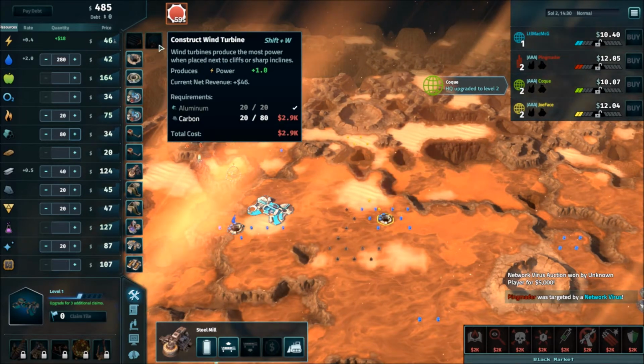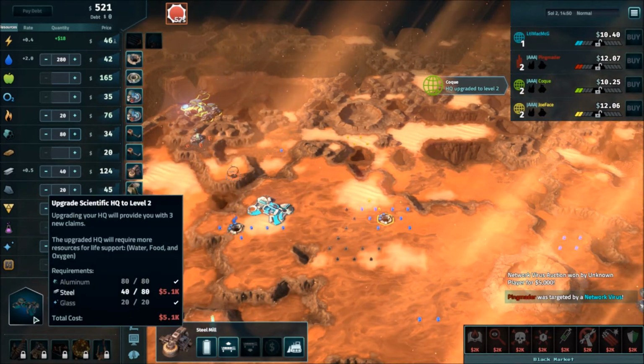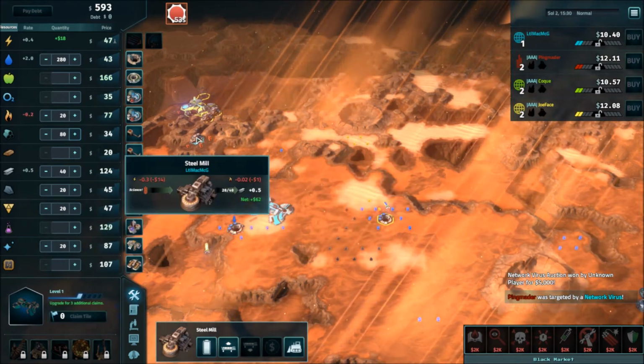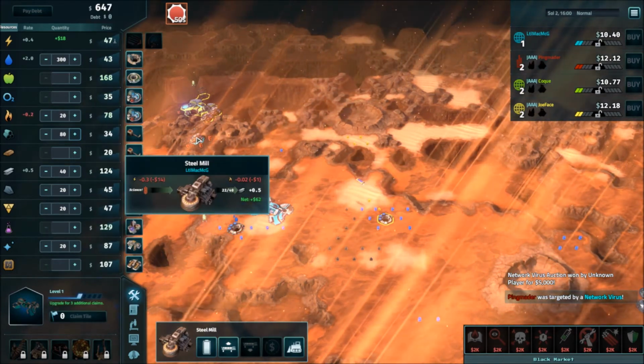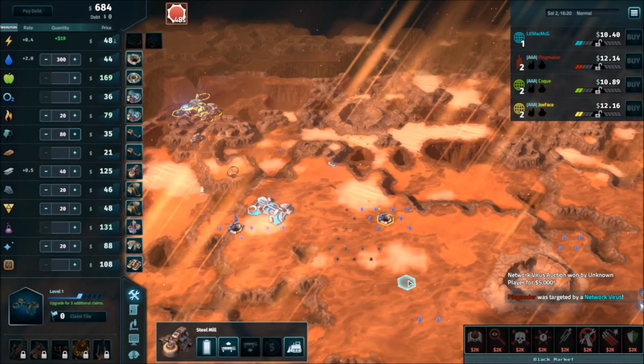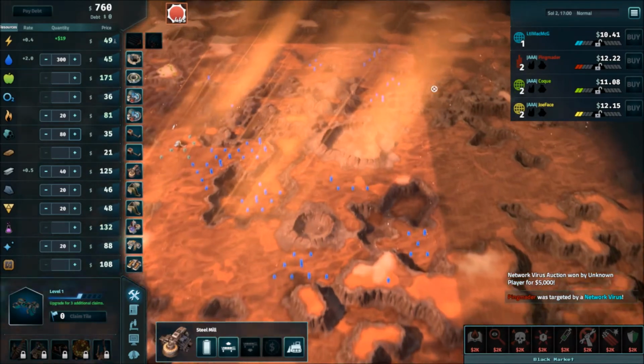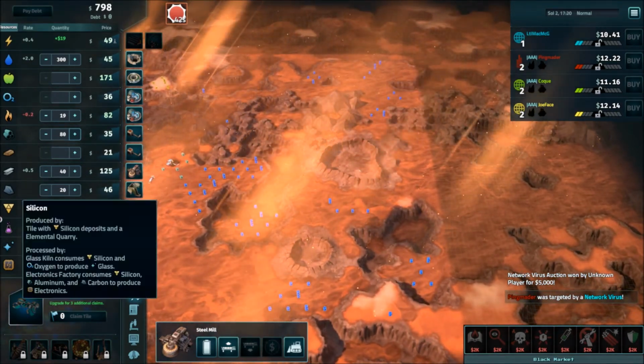Scientific colony expanded. Okay, we're still sitting on... This is a slower paced game, too. Actually, usually the speed's faster. I actually enjoy that they've slowed the pace down. For me, usually they've got it on a high speed and the game goes too fast. So I'm kind of liking this, to be perfectly honest